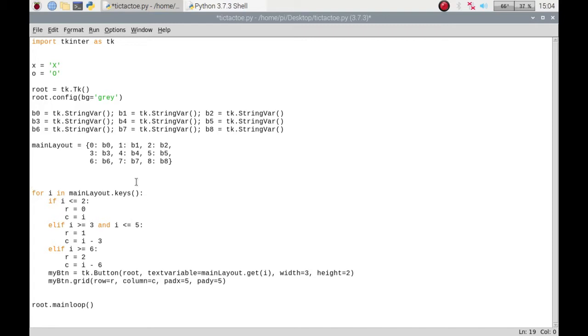So we'll call this buttons index, and we'll set this to 0, and every time I go through the for loop we want to increment that so it matches up with our dictionary. So we'll do buttons index plus equals 1. So we're running an index working with the layout, and what we want to do is